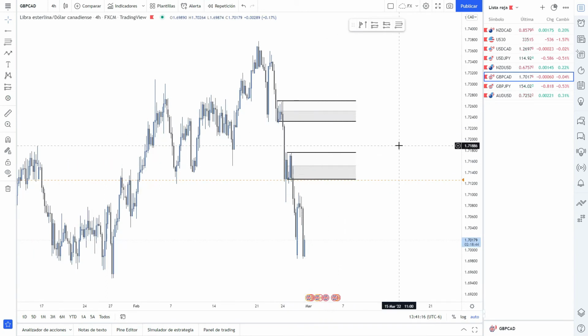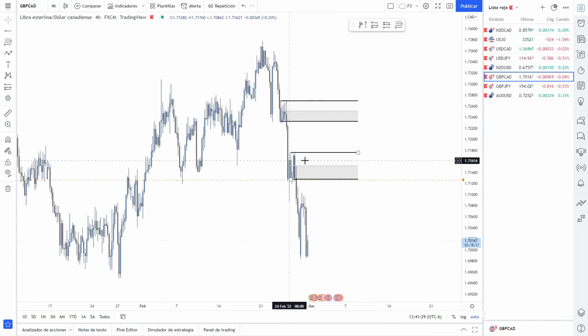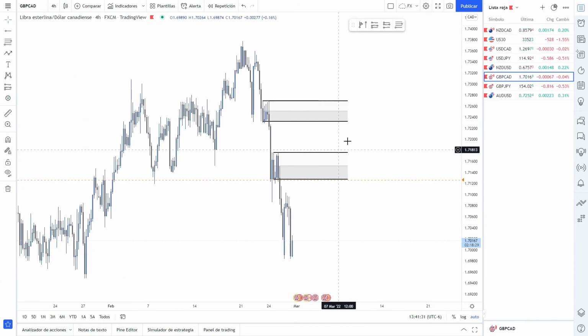If you ask me which one I should go aggressive on, I will go aggressive on this one. Why? Because this is the level responsible for breaking this low, this low, this low, and this low. However, with this level, we should also pay attention to what the market will do if price retraces, because if price retraces and starts consolidating, then boom, liquidity grab,